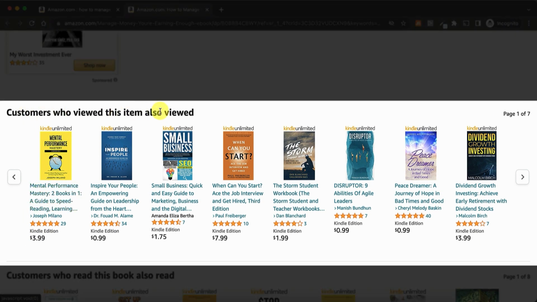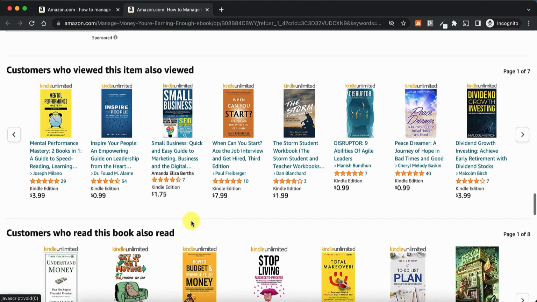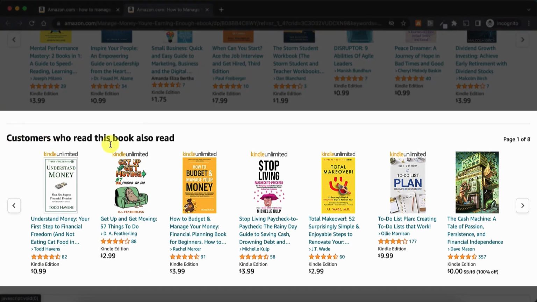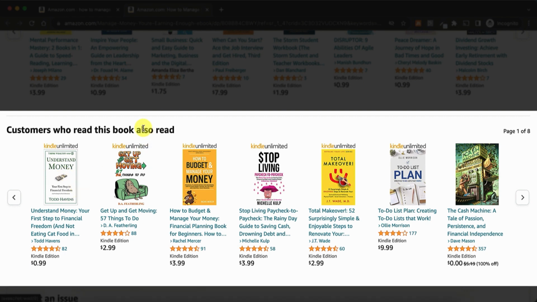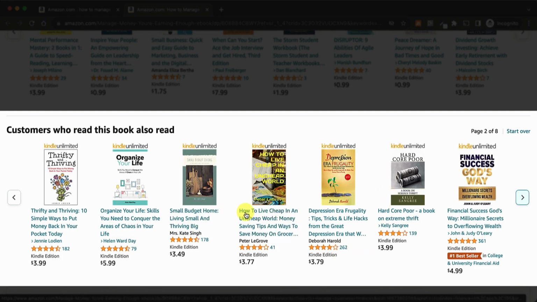Customers who view this item also viewed, and all these books potentially may fit within your niche. So I will open individually each book and again check their title and subtitle. Note those down in your Excel spreadsheet. Followed by customers who also read this book also read. I want to see which books will feature in this section as well. Again, open each of these books, scroll through if you need to, and get more titles and subtitles noted in